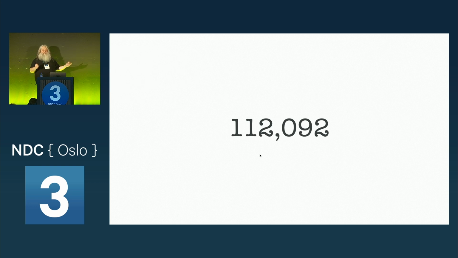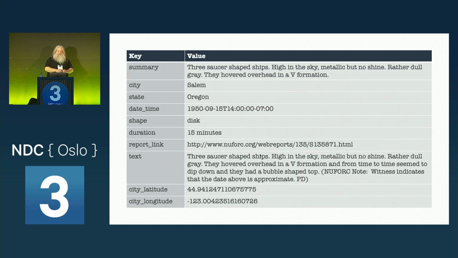But I have this data, and here's what it looks like, thanks to a wonderful man by the name of Timothy Renner. I always give him credit for this because I've gotten so much value out of his work. He likes to screen scrape weird data and then do data science with it. So he went to the NUFORC's website, screen scraped all their UFO sightings, and built a massive CSV file, which is 112,093 lines long, because there's a header.